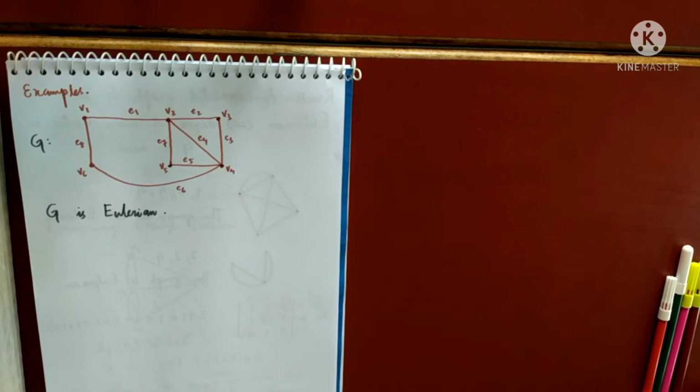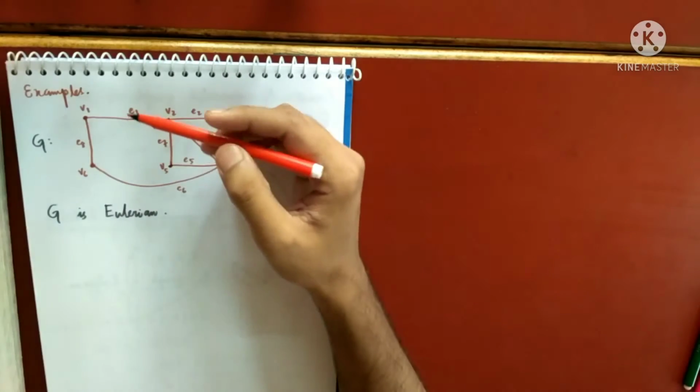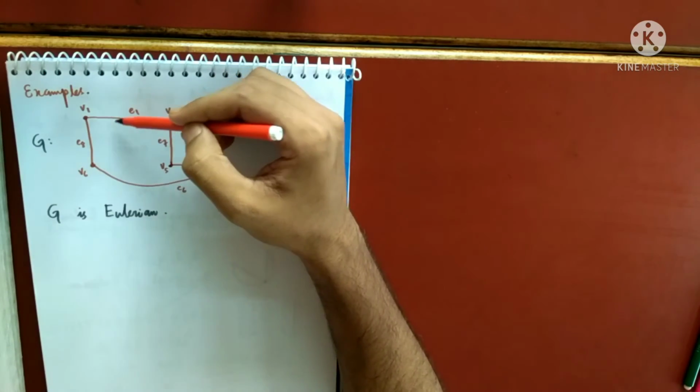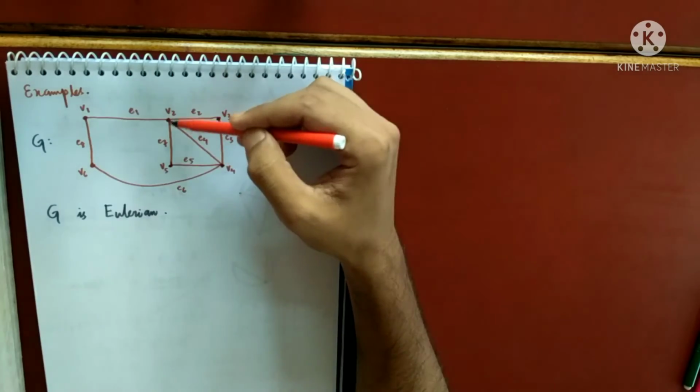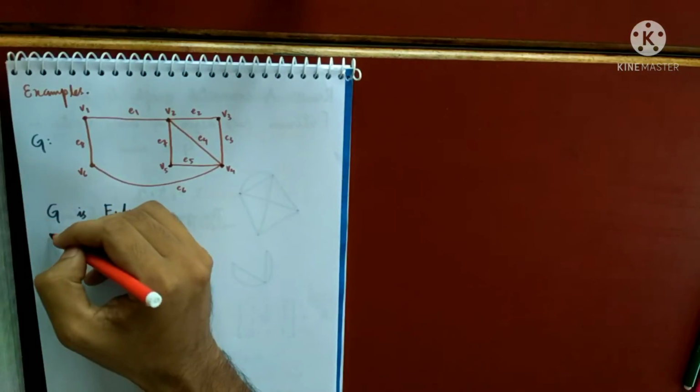Now, if it is an Eulerian graph, you must be able to find an Euler circuit. So let us find an Euler circuit. Let me do it by the hit and trial method. I'll just simply try to find an Euler circuit and see whether I am able to find it or not. Let's see, if I start from v1, you can start from any vertex. Yes, I can possibly find one. So let me take this one.